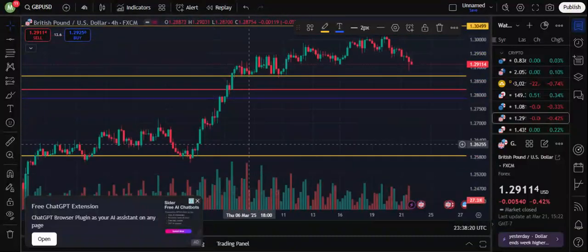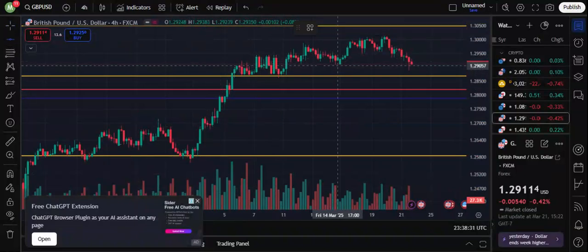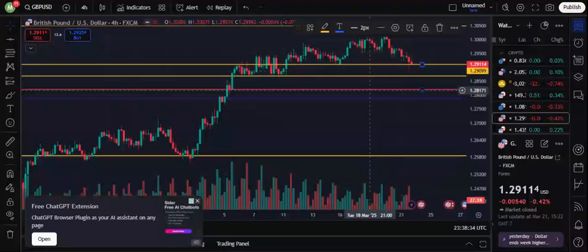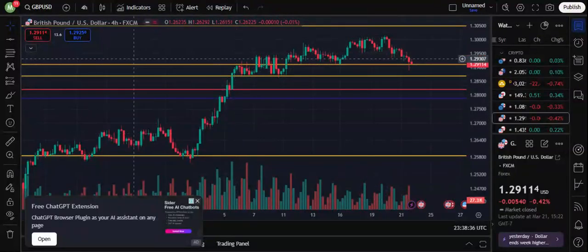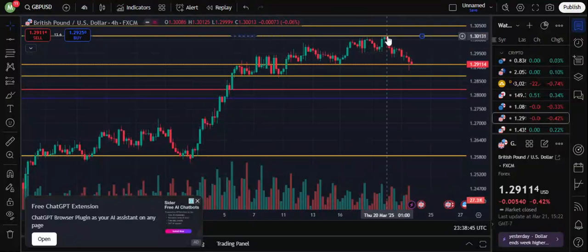Yeah, on the 4 hour, this is the daily. This is the daily support. Here with the 4 hour support, price has broken that area. This is our 4 hour resistance, which is here. For me, I understand what I'm doing, even despite the fact that I did not change those colors. But for you as a new beginner who has not mastered all of those techniques, you have to change the colors of your trend lines